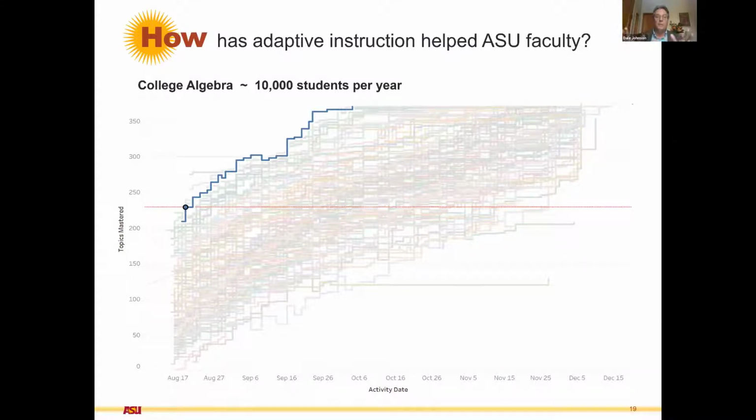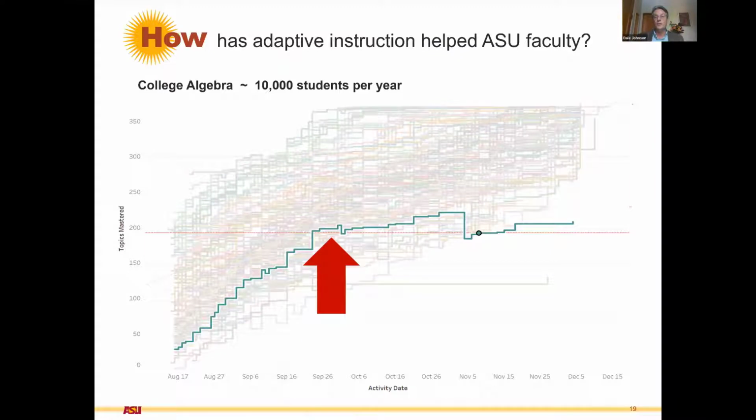But today we have an alternative, and this is in the form of Alex or our Biospine or other adaptive courseware we've developed. So this student actually takes the final exam on the 1st of October. We don't make them wait until December because they're done. They successfully mastered the course material. And then of course we have students like this that struggle. They do well for a while and then they flatline. So we are really focused on using the technology to find these students and to provide them with personalized instruction.